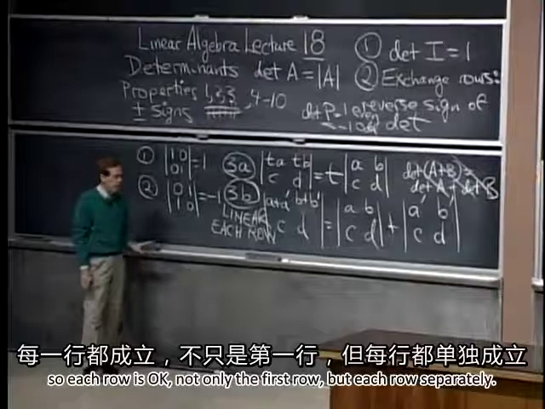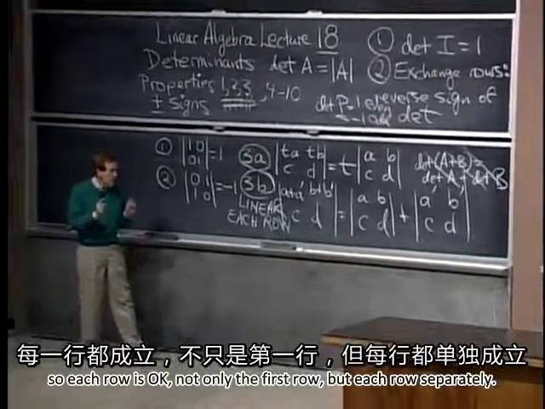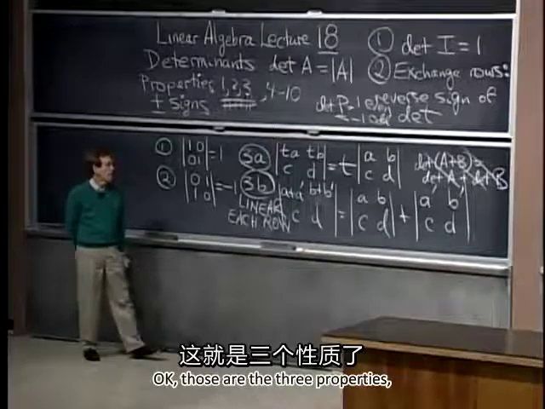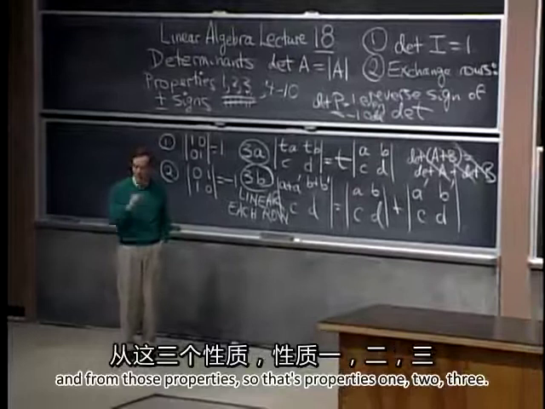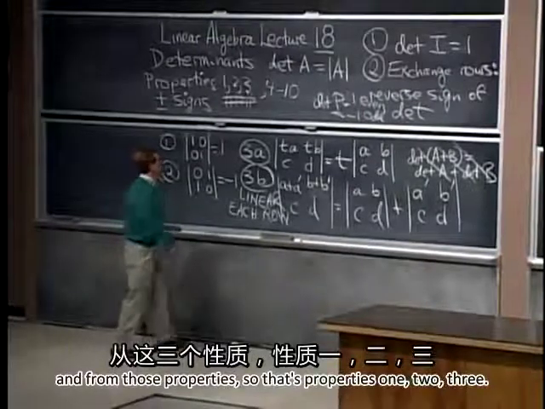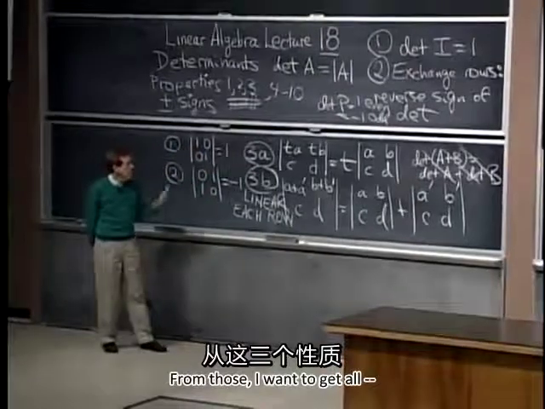So each row is okay, not only the first row, but each row separately. Okay, those are the 3 properties, properties 1, 2, 3. From those,